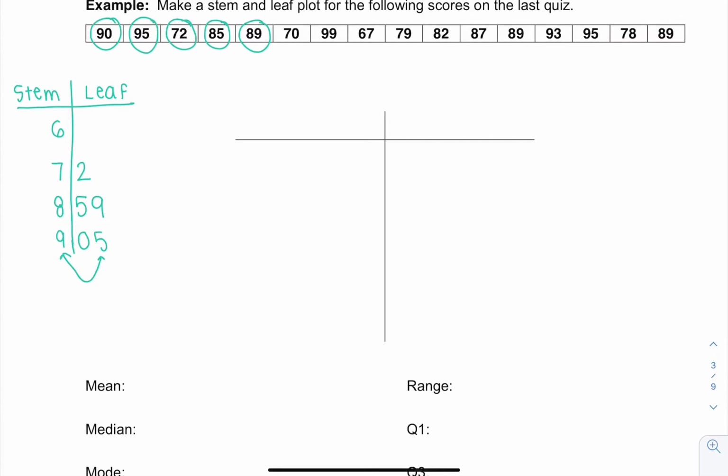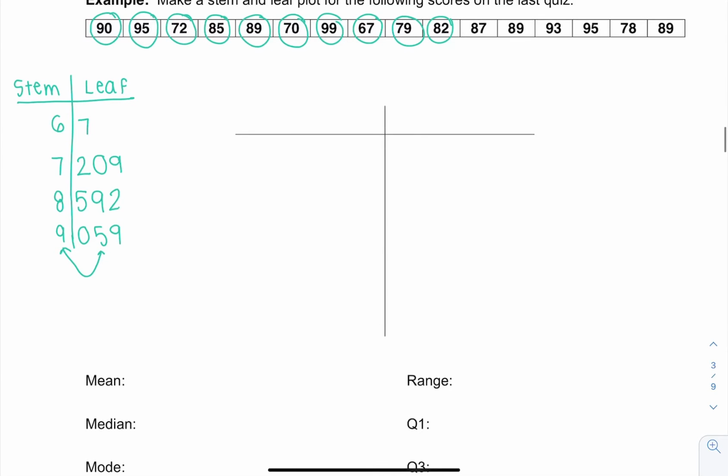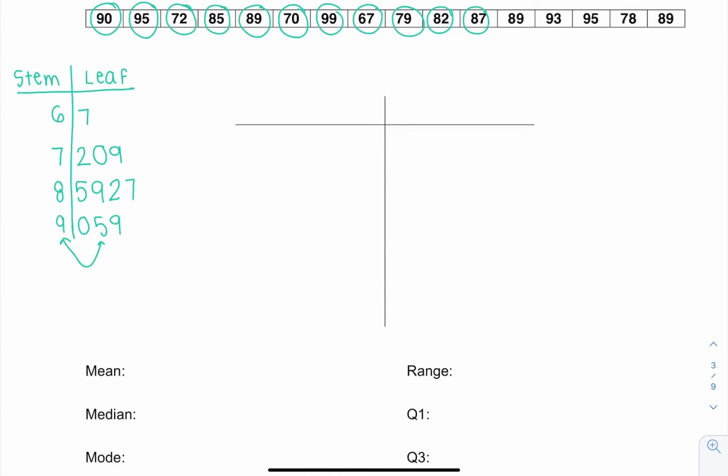So notice this doesn't mean 859, it means 85 and 89. 70, I'll put a 0. 99, I'll put a 9. 67, 79, 82, 87, 89, 93,